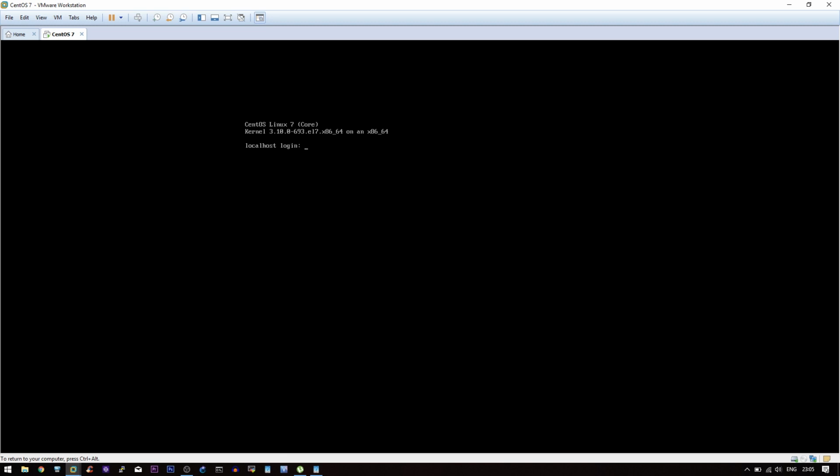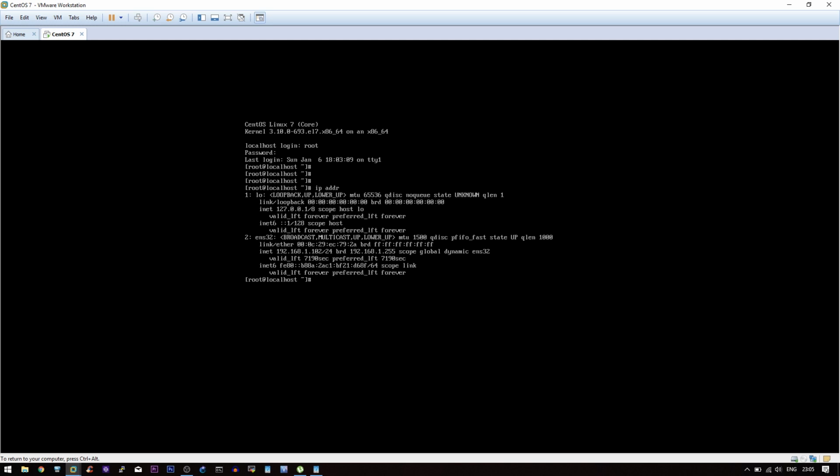Okay, we'll log in with the root username and password. Then we will type the ip addr command. Now we can see the IP address is